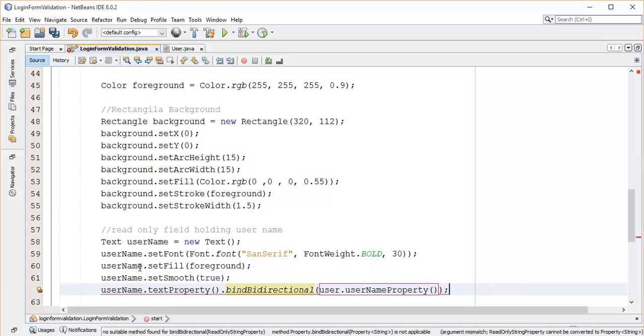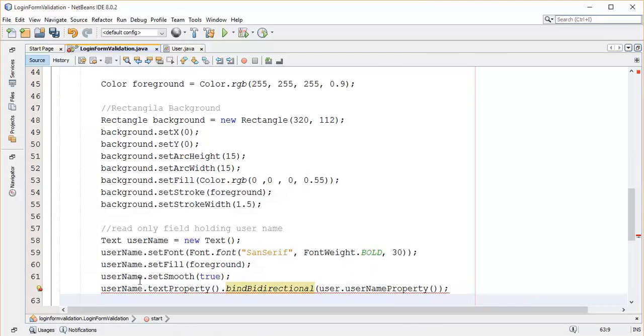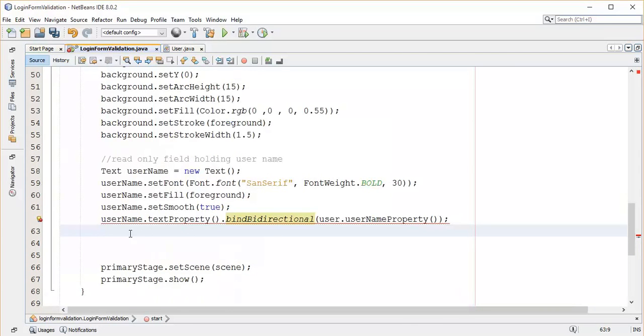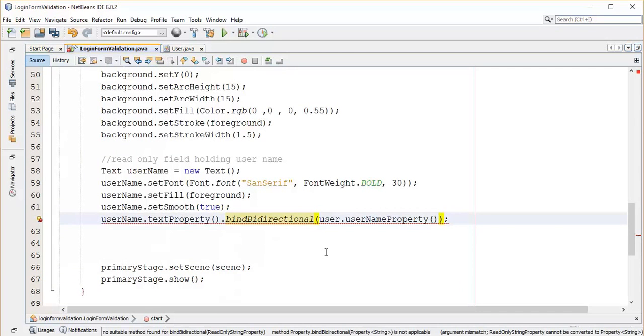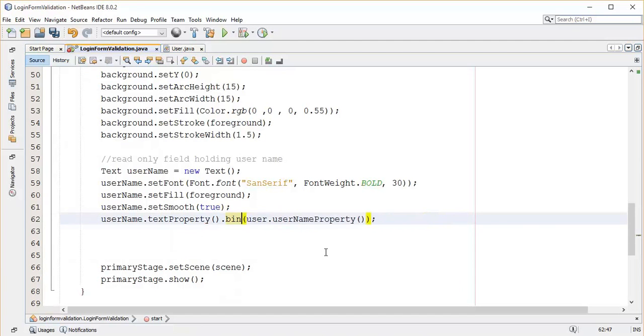Now next the error is due to this bind bidirectional, only the bind username dot text property bind username property, then wrap these text into the